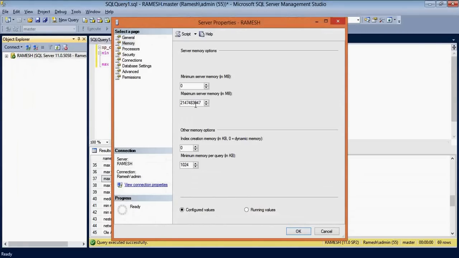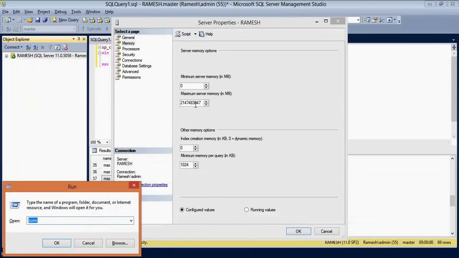How much memory to set for a SQL Server? Think you have 64 GB of memory on your Windows Server, and you don't have any other applications hosted on it. It is literally a dedicated SQL Server, no IIS or reporting services are installed on it. Then check the target memory and total memory in perfmon. If it shows some 40 GB, then you can set the max memory to 40 GB.